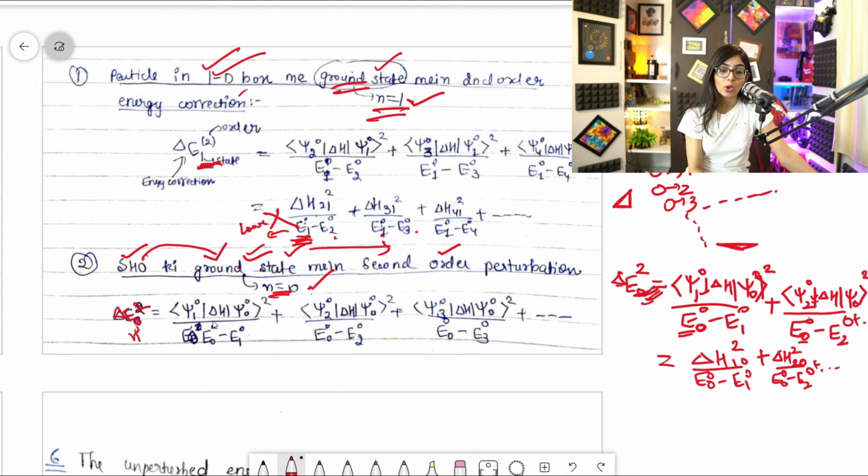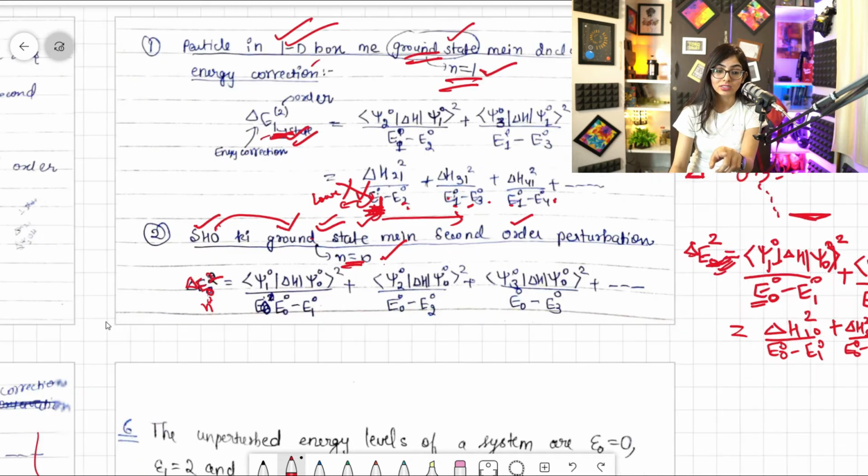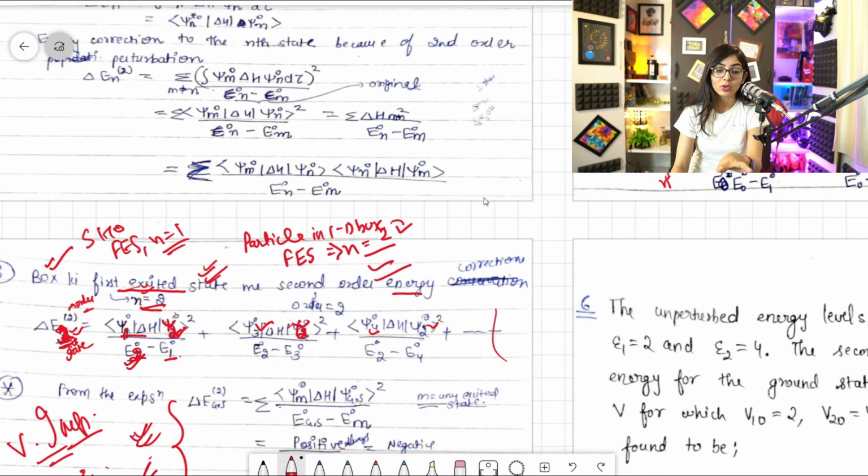If you think that the lower entity comes first, that 1 comes before 2, so I will always write 1 2, 1 3, 1 4, don't think like that. Whatever is given in the state, you will write that first. Although here the statements are aligning, here the statements are contradicting.